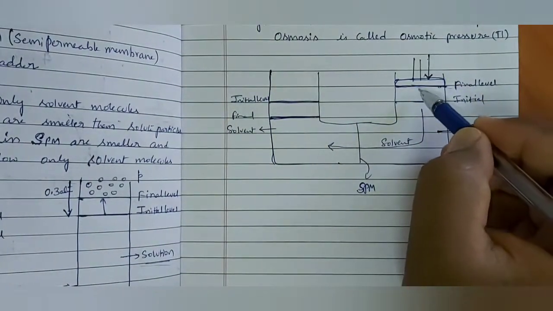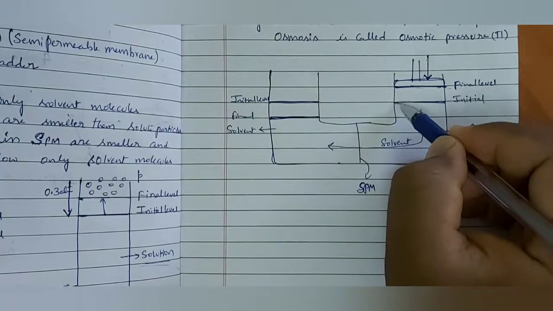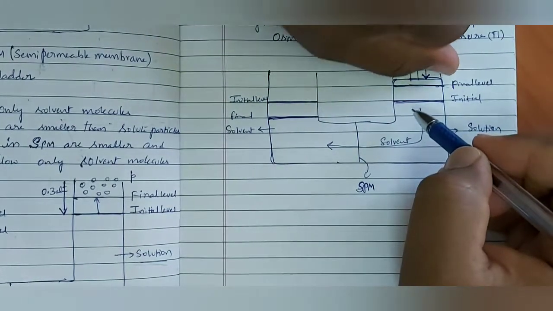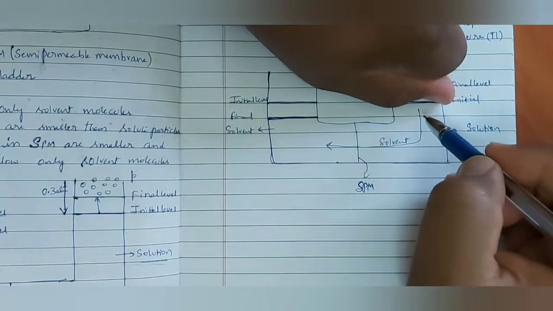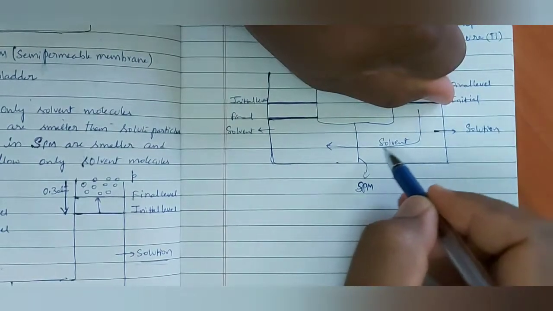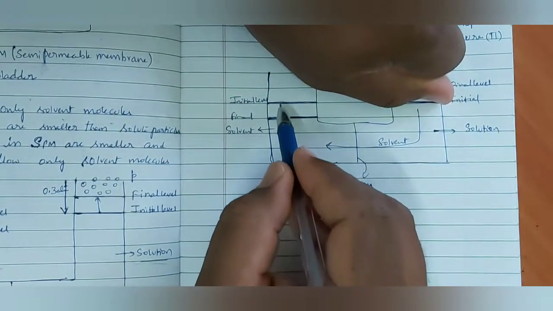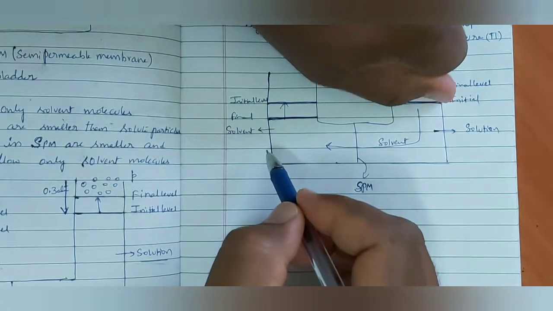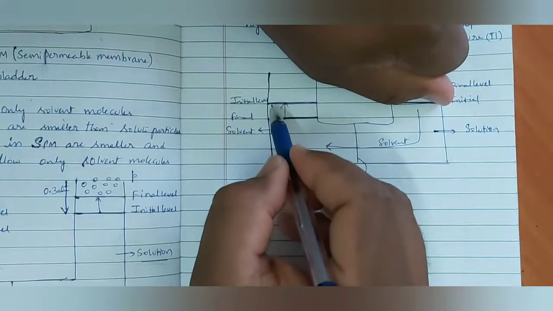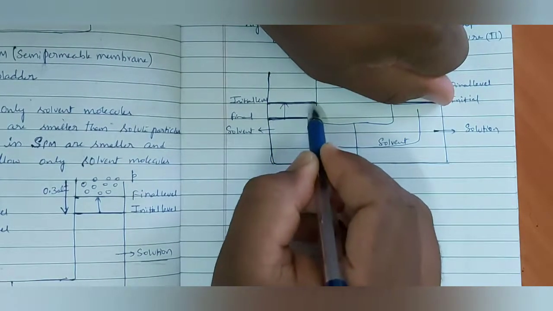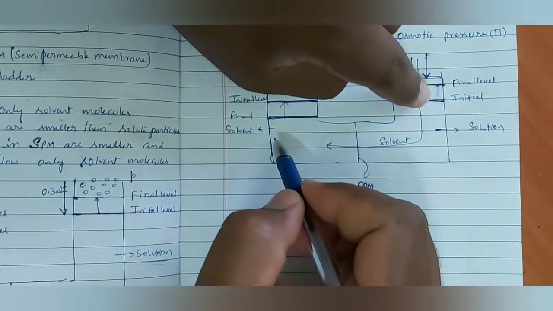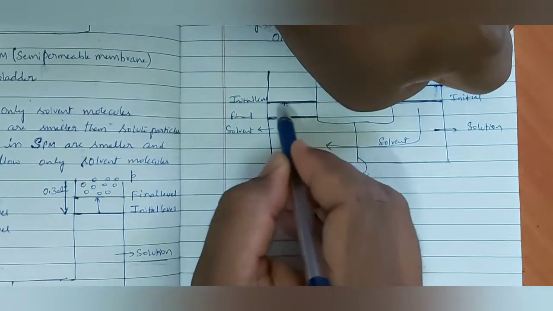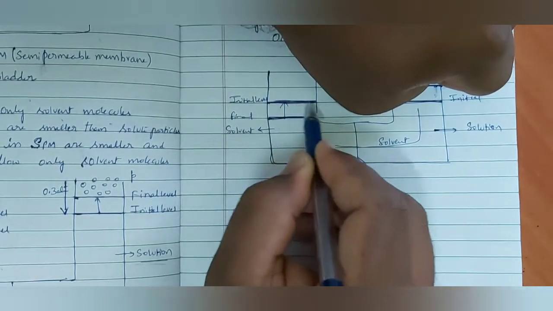Okay, till what extent am I going to apply the pressure? Up to this level. I am moving the piston like this, up to the initial level. Then solvent molecules will move and this side final level will go to initial level again. Level increases when we apply the pressure this side. So this level reaches initial level. As long as you keep this piston on this initial level by applying some pressure, this level will be maintained here only. Osmosis will not take place.